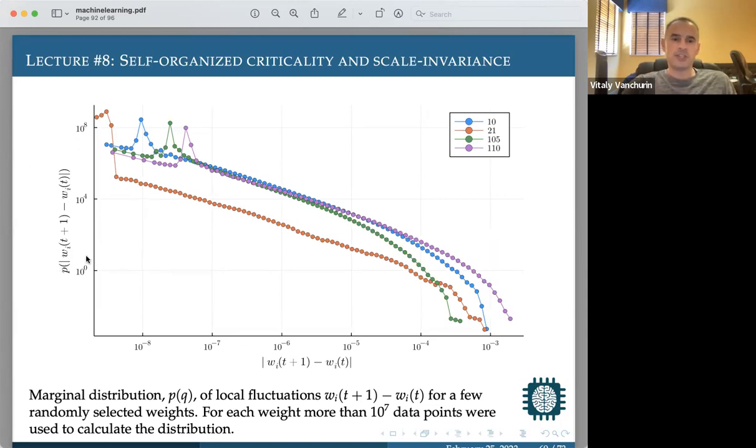This is a distribution of changes in the trainable variables in two timestamps, from t to t plus 1. And as you see, they are forming two different regimes. There's a regime where this line is straight, and a regime where it starts to curve down: straight and curves down, straight and curves down. This is logarithmic versus logarithmic scale. Since it's log versus log, everything that looks straight is a power law. And everything that curves down here is not a power law, but we don't know what this part is unless